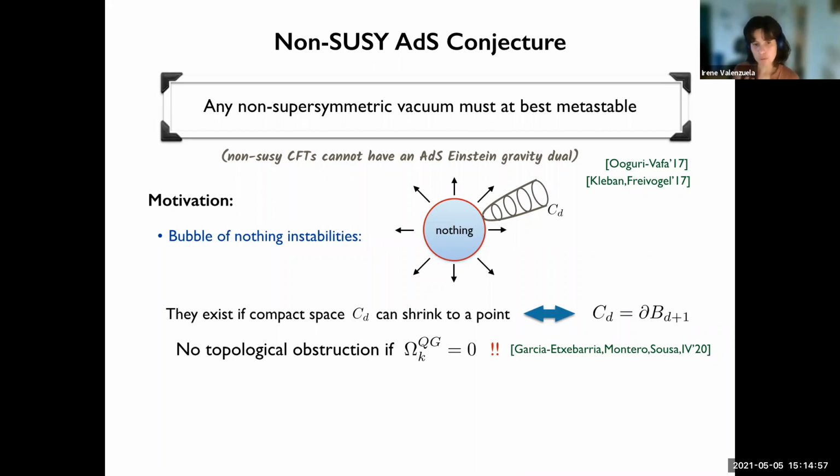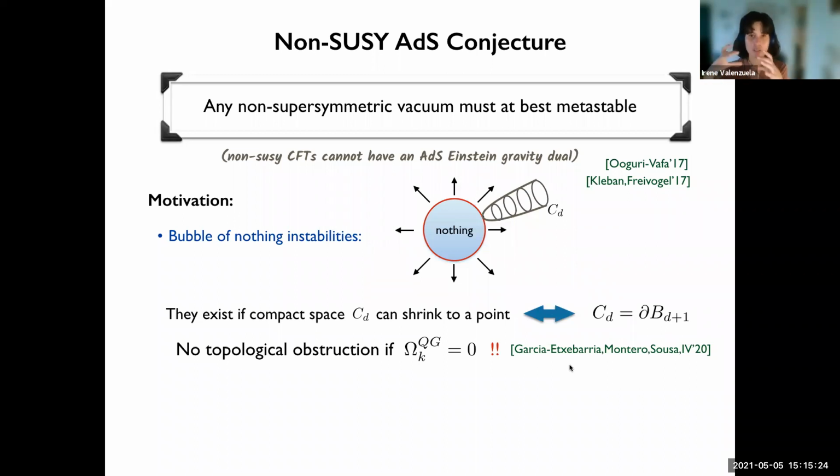So if it's true that there is no topology, that the cobordism group is trivial within quantum gravity, it would mean that you can always construct, at the topological level, some bubble of nothing instability. And we actually use this in particular examples in which we can really show that the cobordism group is zero to construct new bubbles of nothing that generalize Witten's construction, so that instead of a circle, we can also have